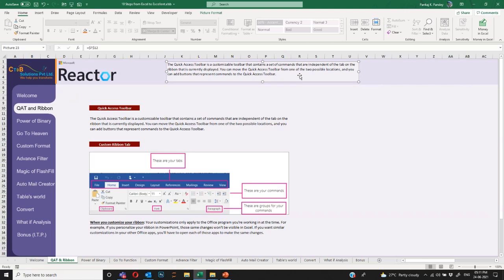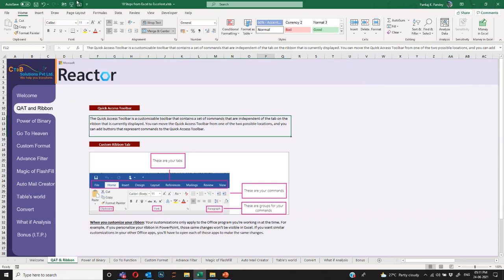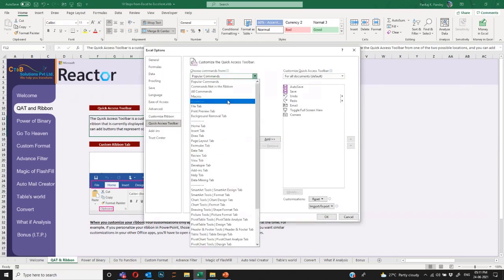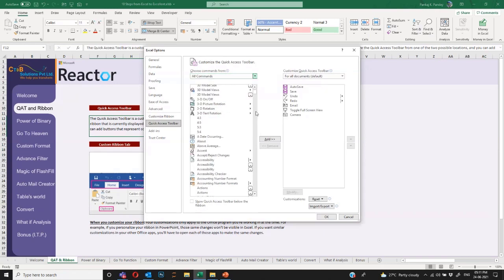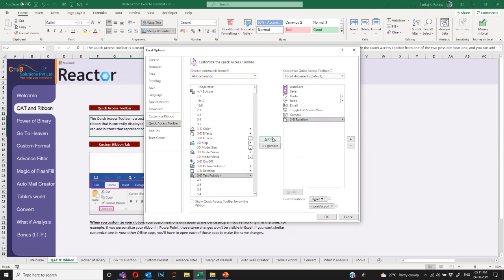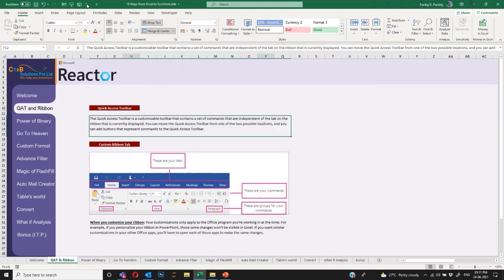So these are a few commands you can use. There are a lot of options. You can just go through this and explore all these options. You can go through all commands, and the commands are as detailed as possible. For everything, you have the option to just select and click whatever you want to add in your quick access toolbar, just click on that and add. And then you can simply see that icon here.